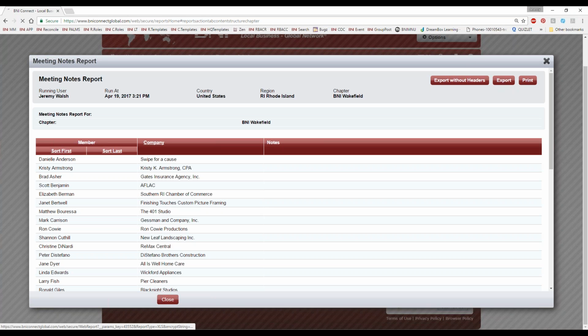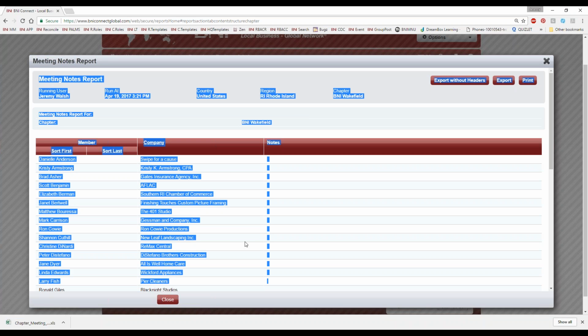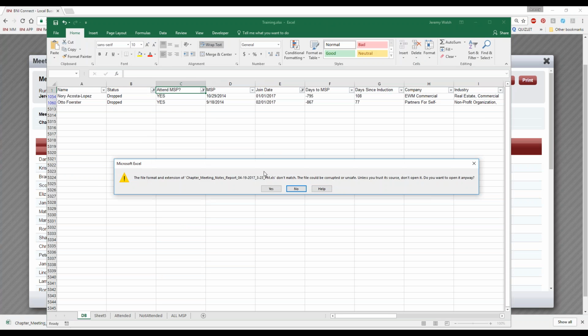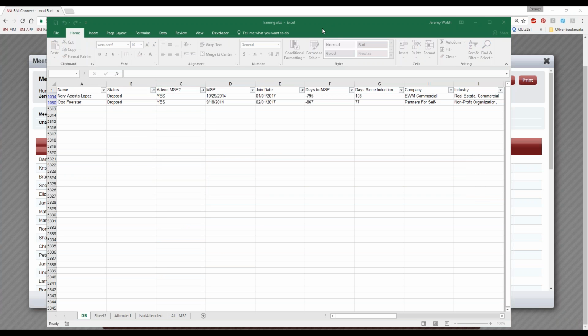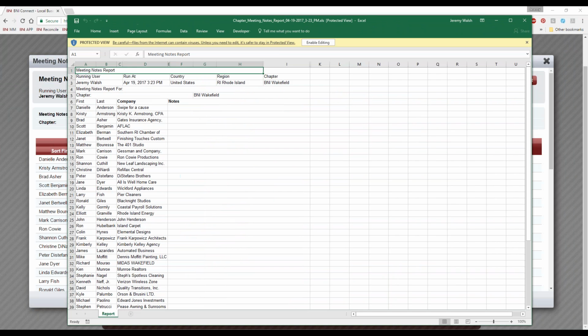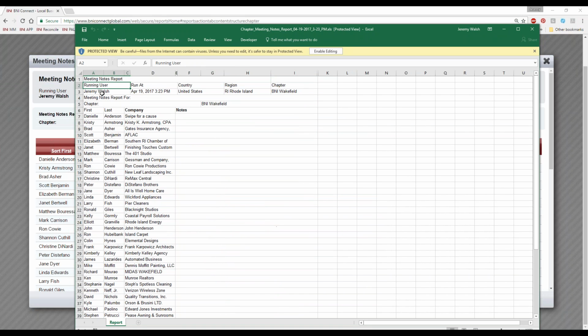So export is going to take everything that's on this page and put it out into an Excel file. So when I open up this Excel file, what you'll see is everything that was in that report, including all this stuff up here. So you can see it has who ran the report and